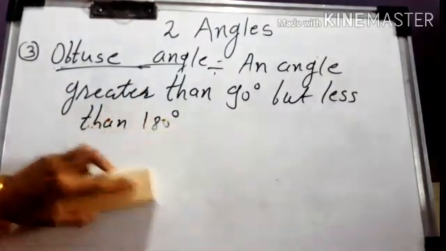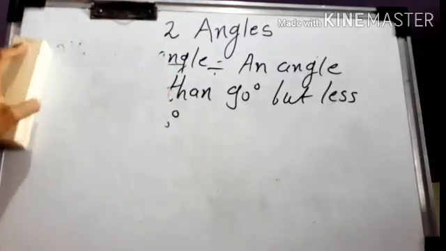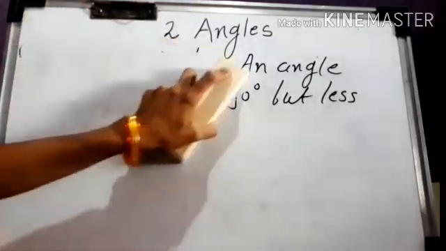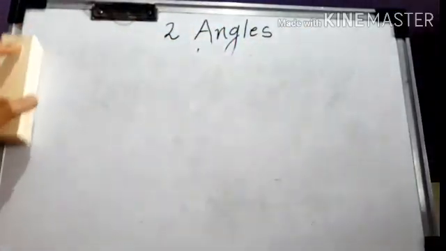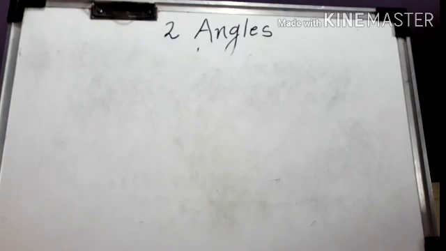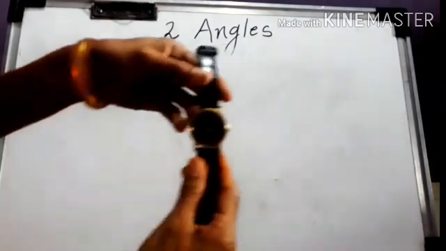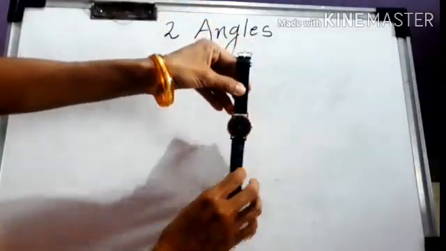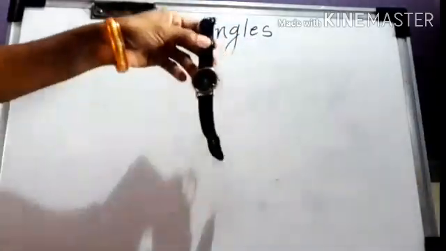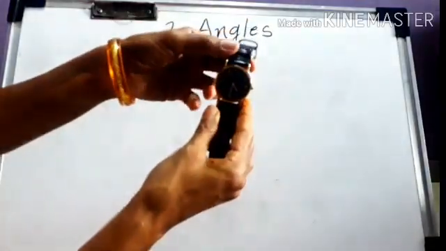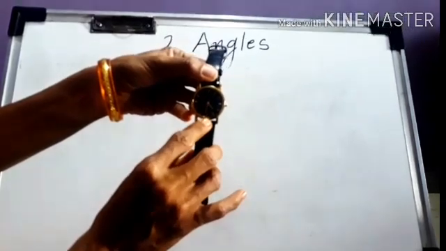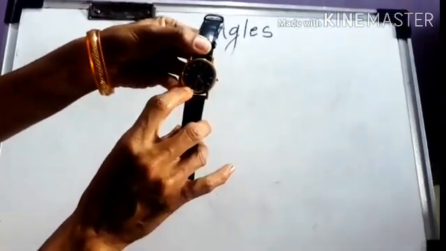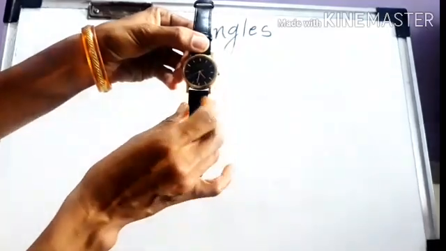This year we are going to learn more types of angle or different types of angle. Okay. Now for these 3 types of angle you know already. Now I will show you some figures. Okay. For example, this is a watch. So this watch, now what's the time in this watch? See, now it's 4:30. Now you can see the hour hand and minute hand.